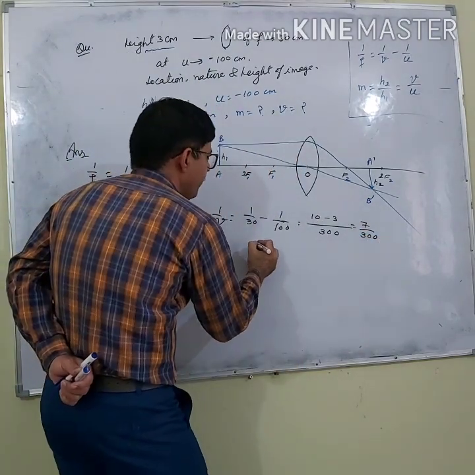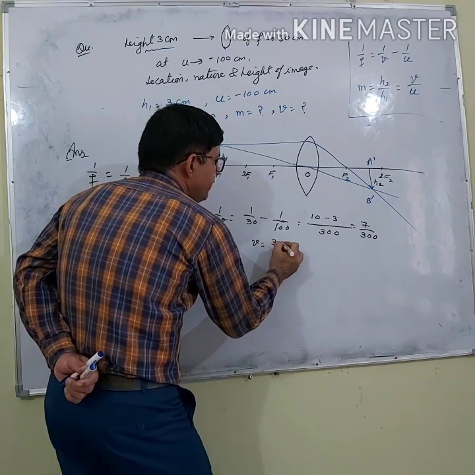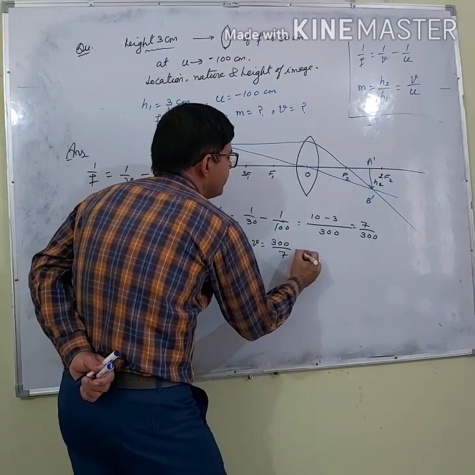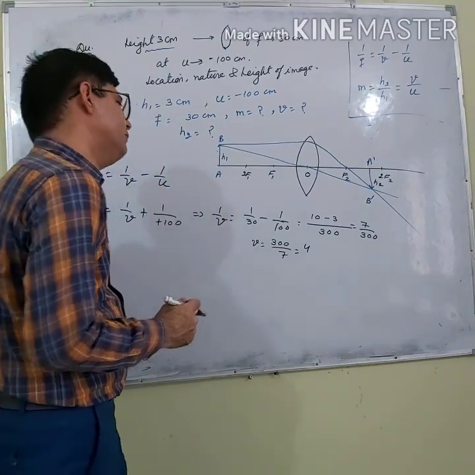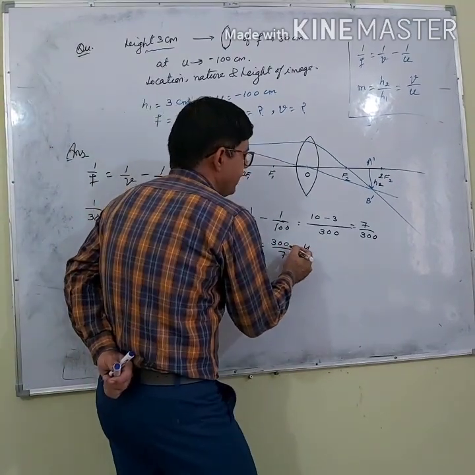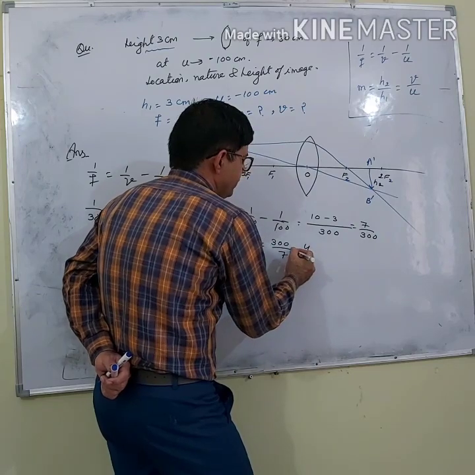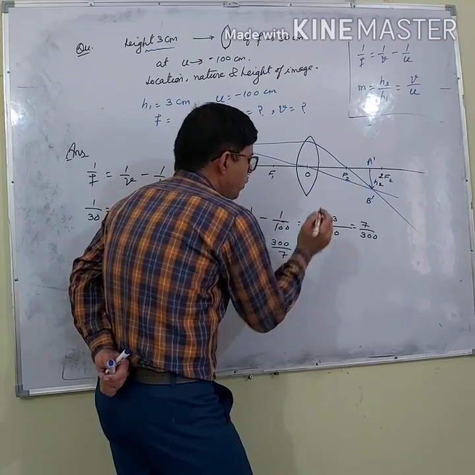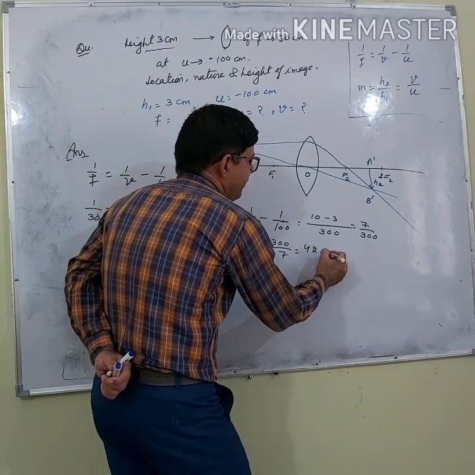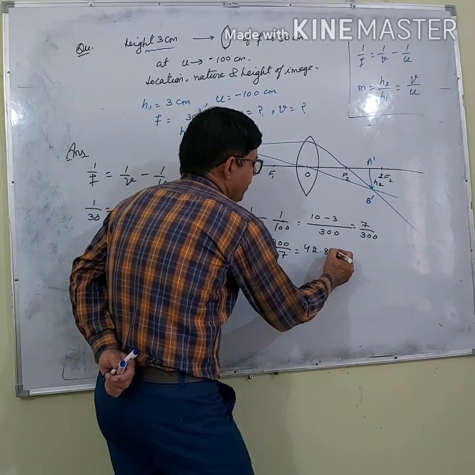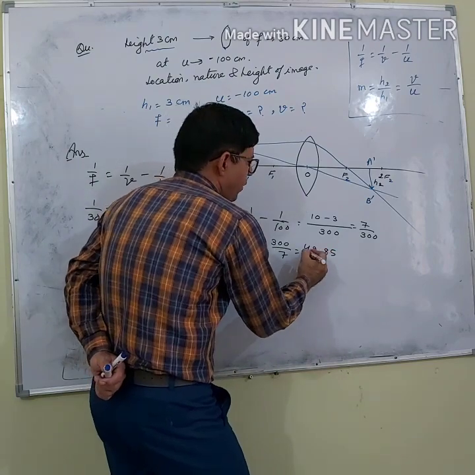So what is V? V here is 300 by 7. 7 4s are 28, and again it is 20. So 2 and 7 8s are 56, and it is 45. So it is approximately